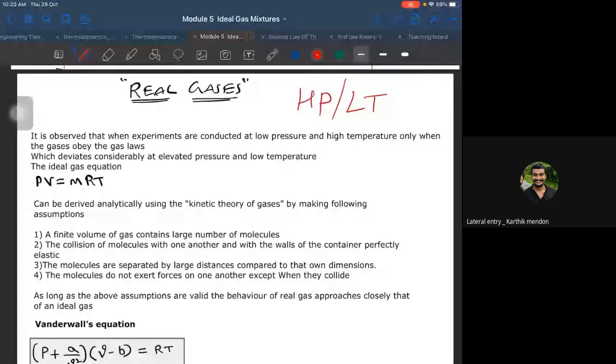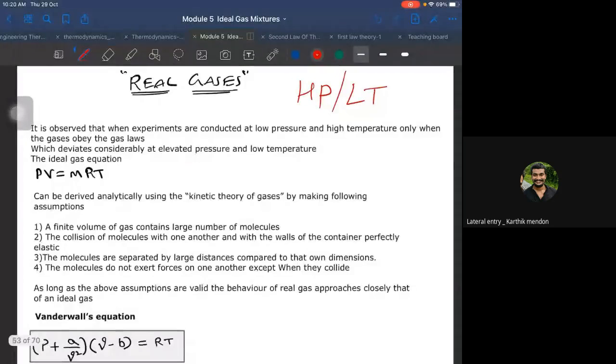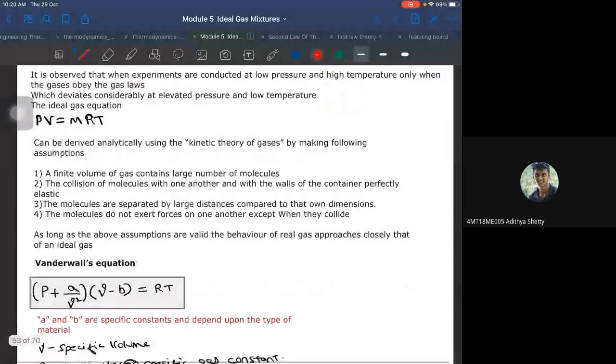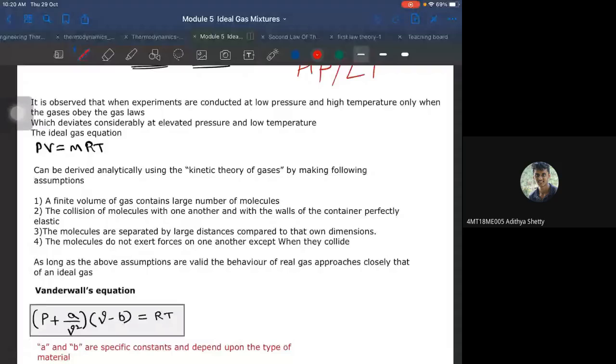Or the screen is clear. Okay, yes sir. Just give me the confirmation regarding that, and we shall start the class. Is the audio and the presentation clear? Yes, sir. Clear.